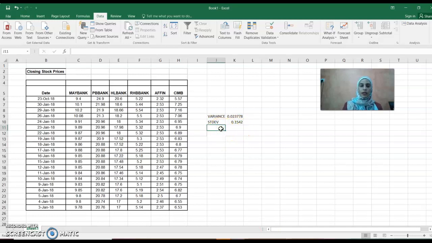And the last one, how to find range. So in order to find range, actually we need to find the minimum and also maximum value. So first we choose maximum. So how to find maximum? So maximum, MAX in bracket, and choose the data range. So the maximum is 10.2 and minimum,